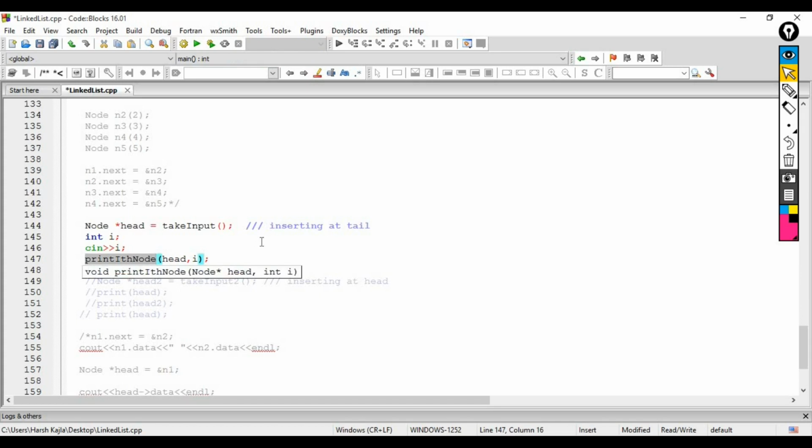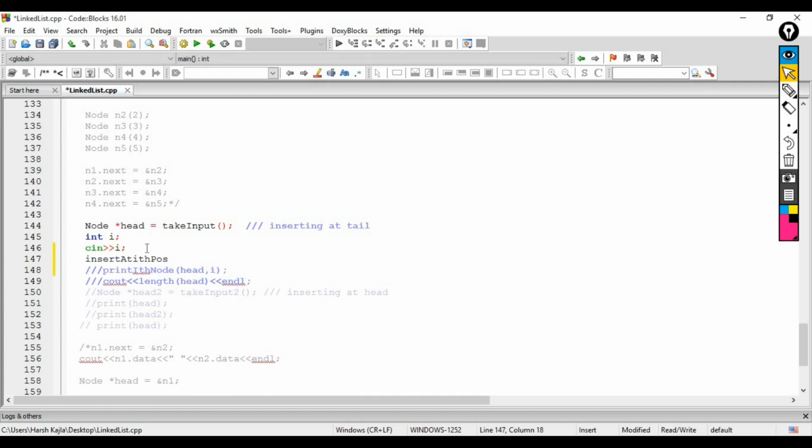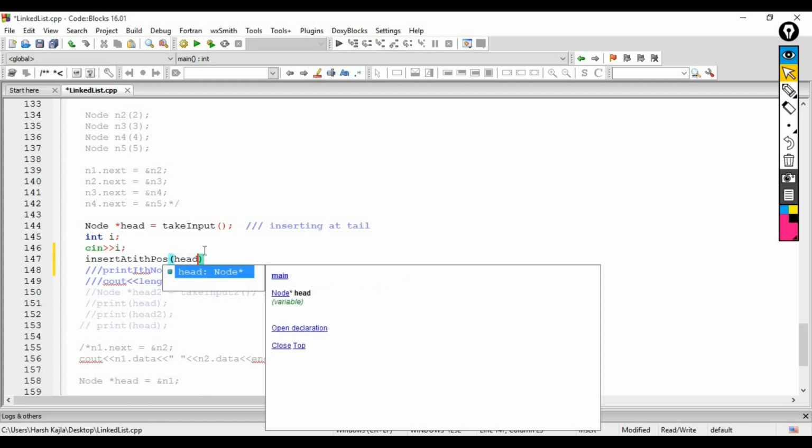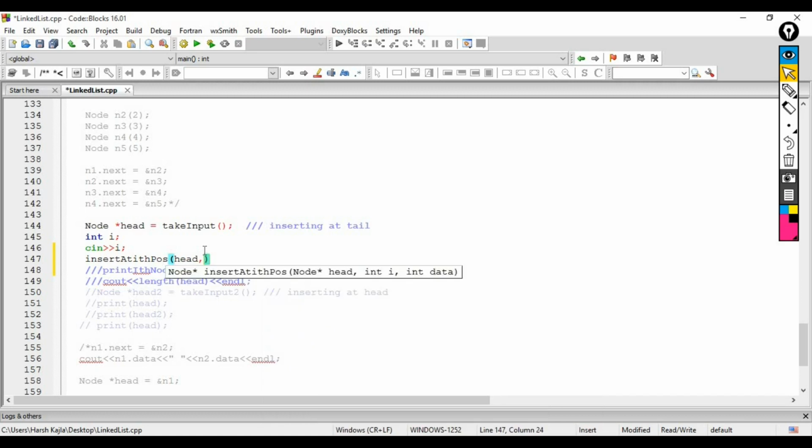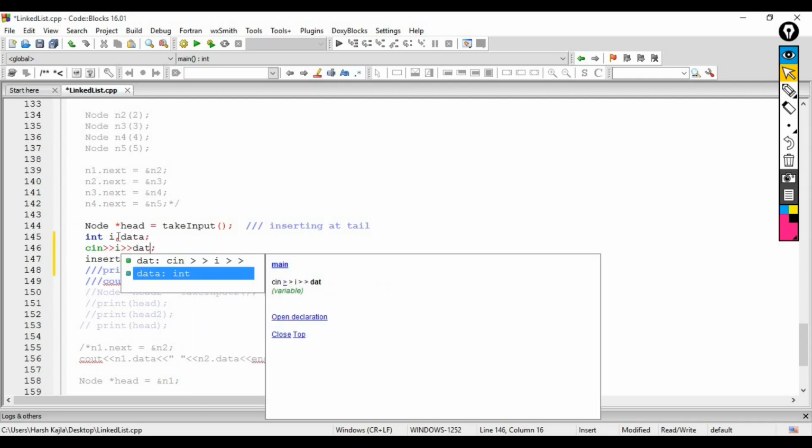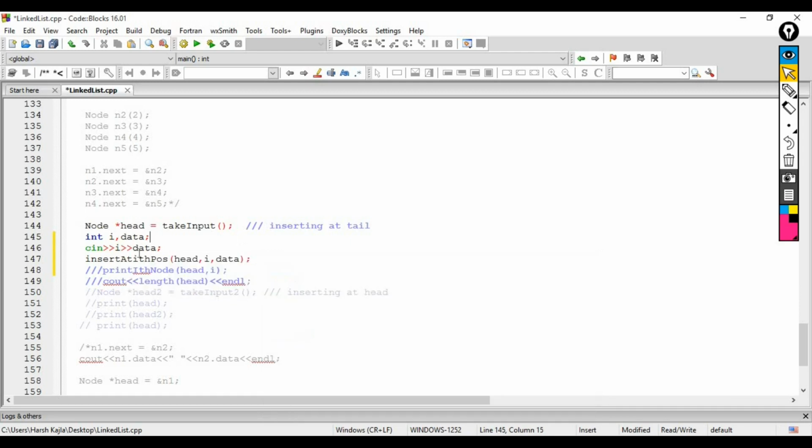In fact, let us call the function insert at ith position. I will pass head, I will pass the index, and I have to pass data as well. So we are taking input index and data as input.